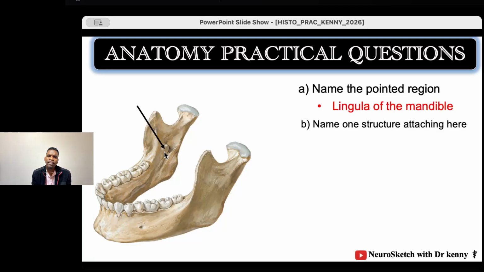Have you ever heard of sphenomandibular ligament? It's a ligament which connects sphenoid bone to the mandible. The sphenomandibular ligament is attaching to this lingula of the mandible. Other possible questions that you might be asked in mandible, you might be asked to name